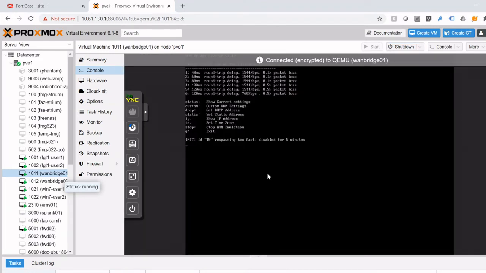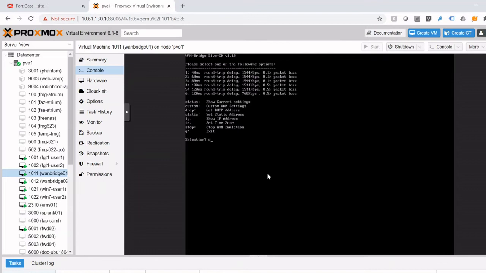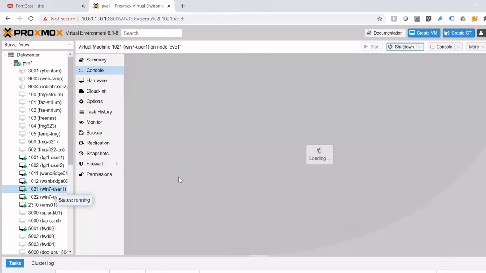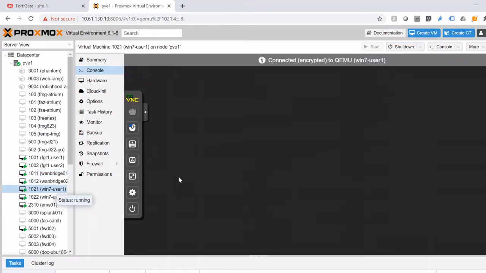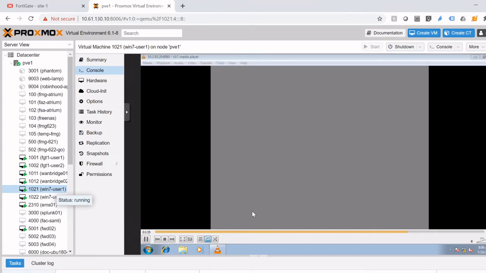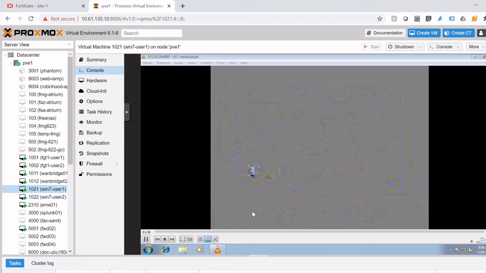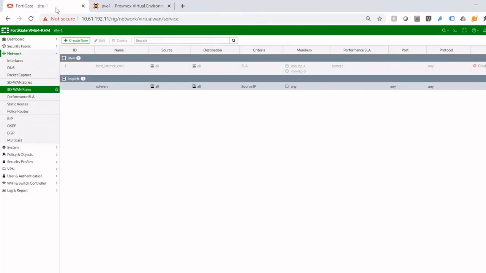So what I'm going to do is take that link that VPN ISP-A is flowing over, and I'm going to add 400 milliseconds of latency and 3% packet loss. Now that that has been done, let's go check out the video. Okay, immediately you can see that the video becomes a lot more cloudy, gray, pixelated. It's not working. If I go back to the FortiGate and I look at my sessions again,